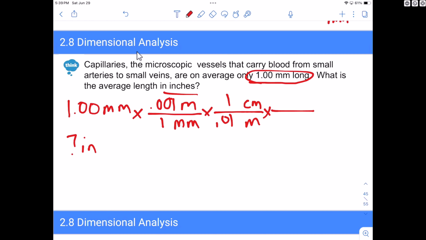Same thing, our next conversion factor: take the unit on the previous step and put it on the bottom of the next step. Now to go from centimeters to inches, we just use one of our English to metric conversion factors. Double check to make sure that all of your units cancel and the unit you want is on top of the last step. We're looking for inches, and I have inches on the top of my last step. Millimeters will cancel, meters will cancel, centimeters cancel. So now all I need to do is plug that into my calculator, solve, and round to 3 significant figures. So what I end up with here when I'm done is